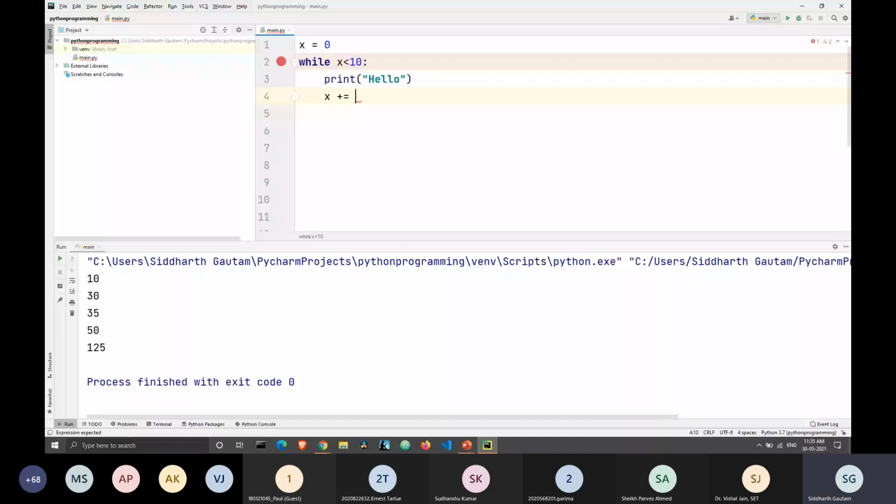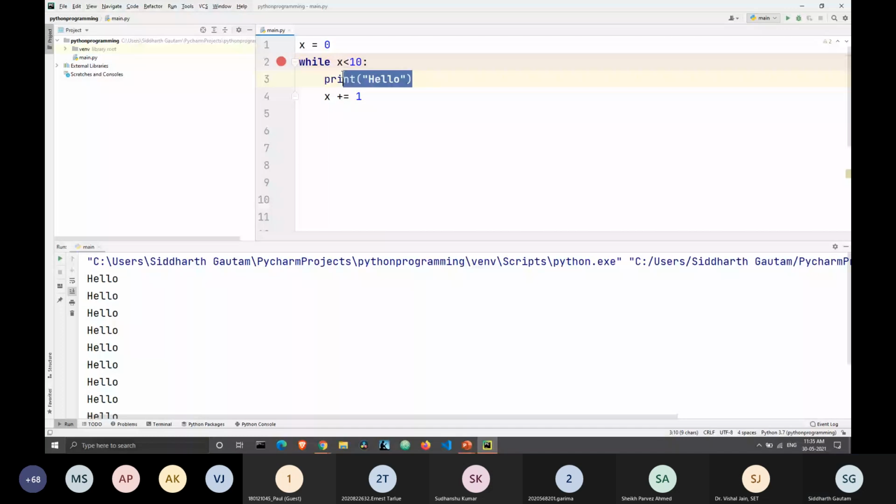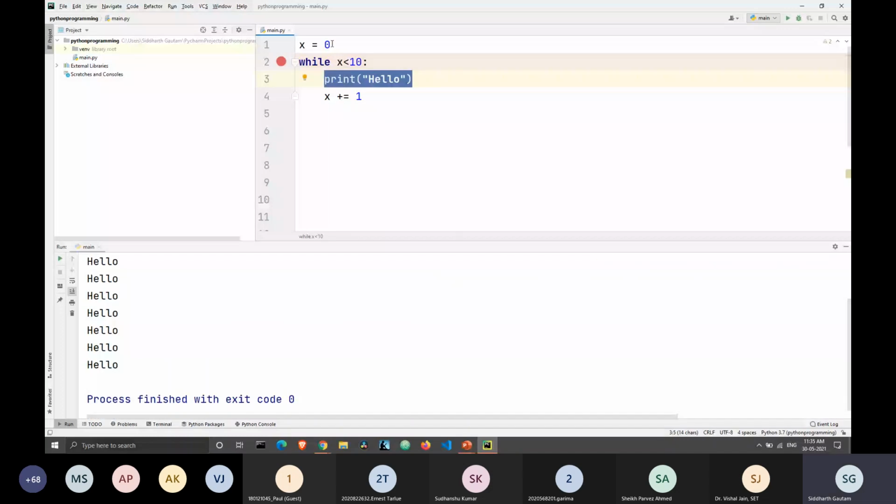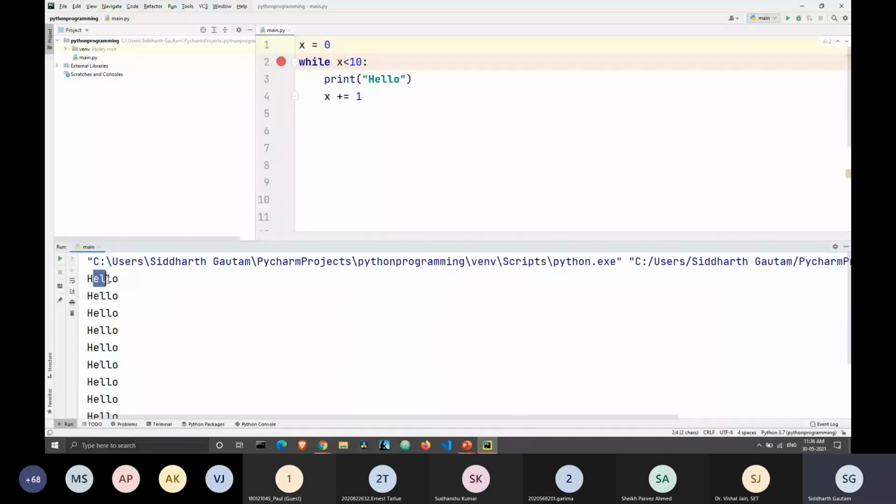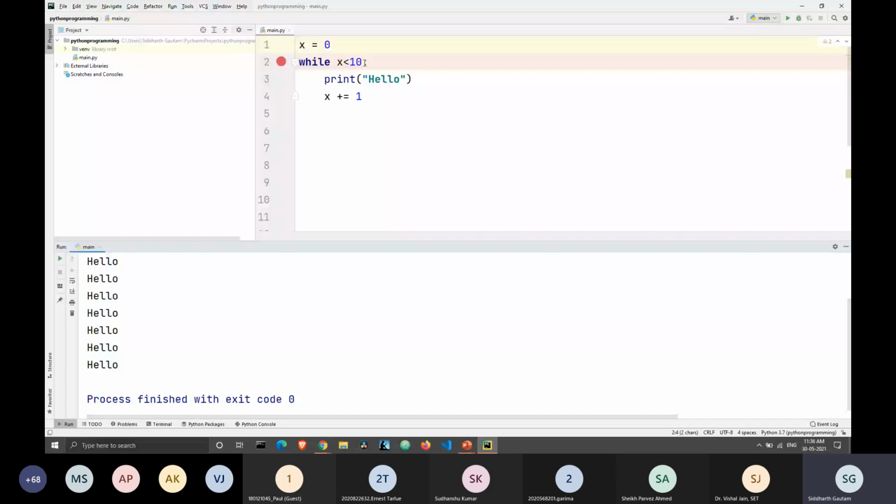You can see this keyword hello gets printed 10 times here. So we are starting from 0, and then we are going to less than 10, which is 9. And we are adding the value of 1 each time. So from 0 to 9, we are printing the word hello 10 times. As you saw, this while loop will get executed as long as the condition is true.